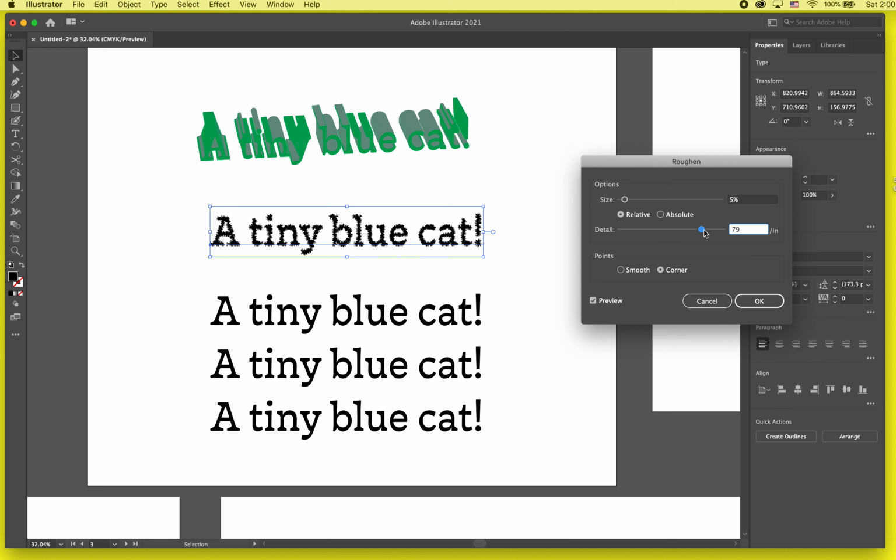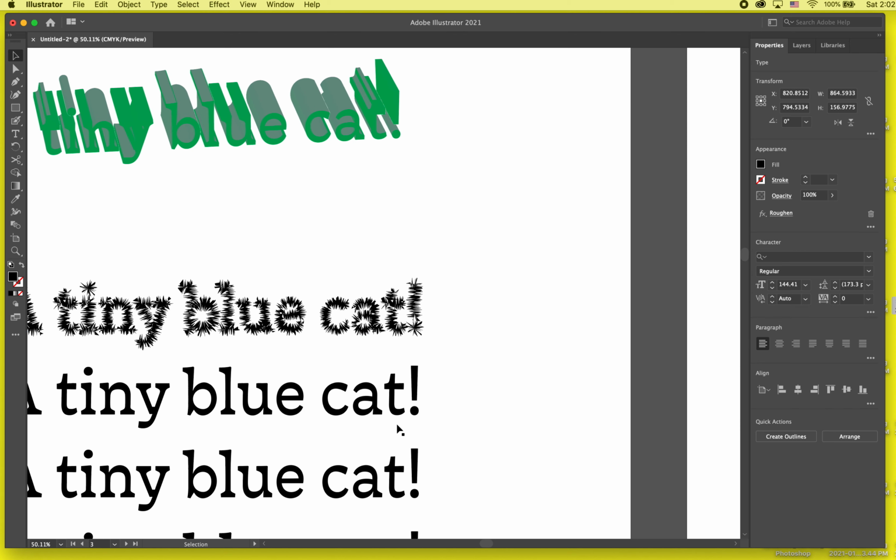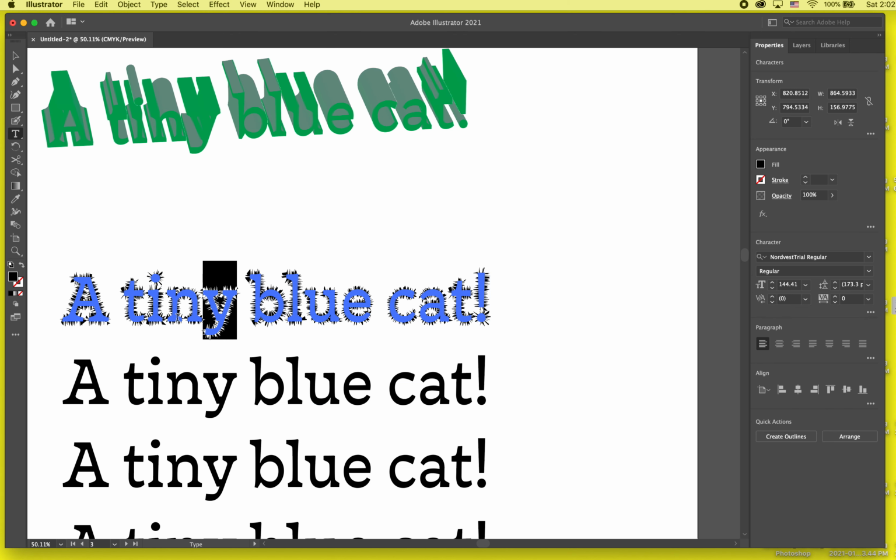But you can, you know, this is kind of a cool look. It looks kind of like a magnet that's being pulled. Different little magnet particles are being pulled apart, which is kind of fun. And then you can go really crazy with it and make it larger. And again, you can still make sure that it is legible if you're going to use this as type, but it can be a fun effect. So that's roughen. And what's nice is it's actually still editable, so it's applying this effect still to live type. So